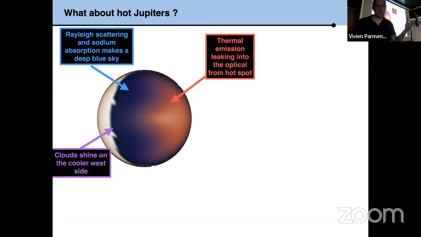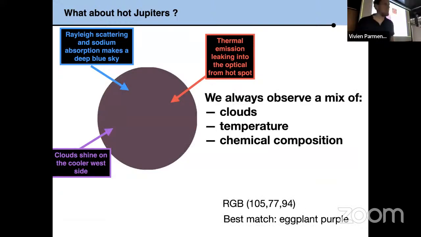And that's kind of what we expect on those planets, at least, which are reasonably representative of the majority of planets we can observe with James Webb right now. And they are strong variation, big structures. However, what we observe is this, which is a 1D spectrum. And we are always going to observe this mix of clouds, temperature, and chemical composition. And that's what makes it harder. And that's what makes it complicated in terms of physics, that we need all this physics to just interpret the